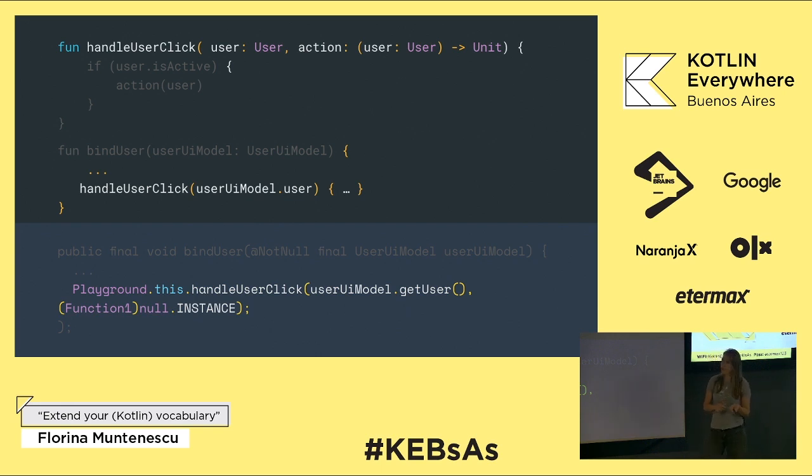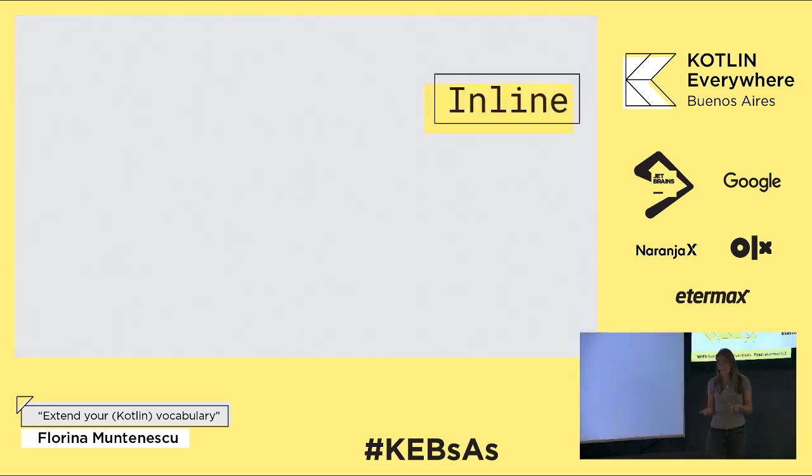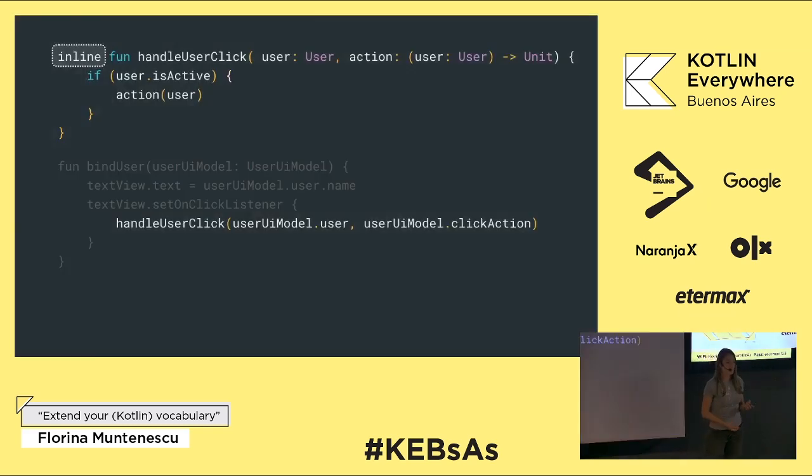Okay, so this means that if we would call this handle user click in a ton of places, let's say it would be a utility method that we would end up using a lot, we would create that new function object again and again and again. Unnecessary? Unnecessary if we use the inline keyword. So what happens here? By putting inline in front of a function name,